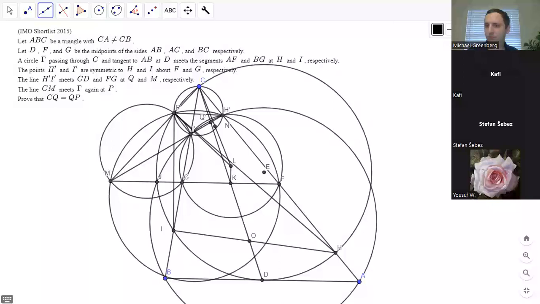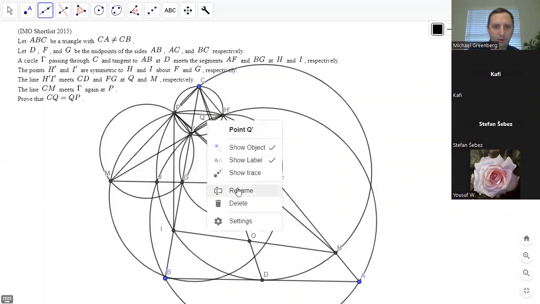Where did Q go? Well, I guess it's right there. We could just call it. Yeah, I saw it. I don't know why we called it Q prime, because we know that these are collinear. We could just call it. But,